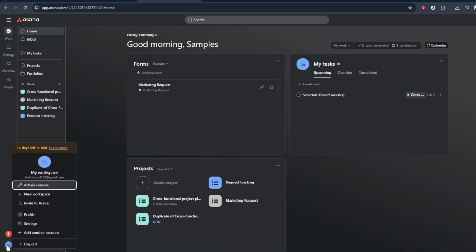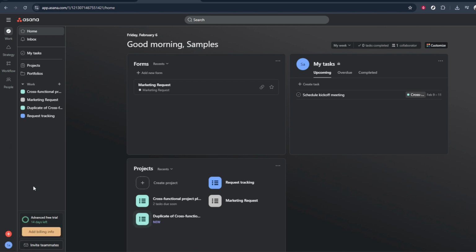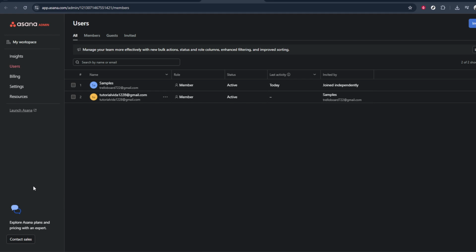From this menu, you're looking for the option labeled Admin Console. This is where all the settings related to your workspace or organization are managed, including members, billing, and security. Click on Admin Console to open it. Inside the Admin Console, you'll see several tabs or sections, such as Members, Billing, and maybe Settings, depending on your plan. To remove someone, you'll need to be on the Members tab, which shows a list of all the people